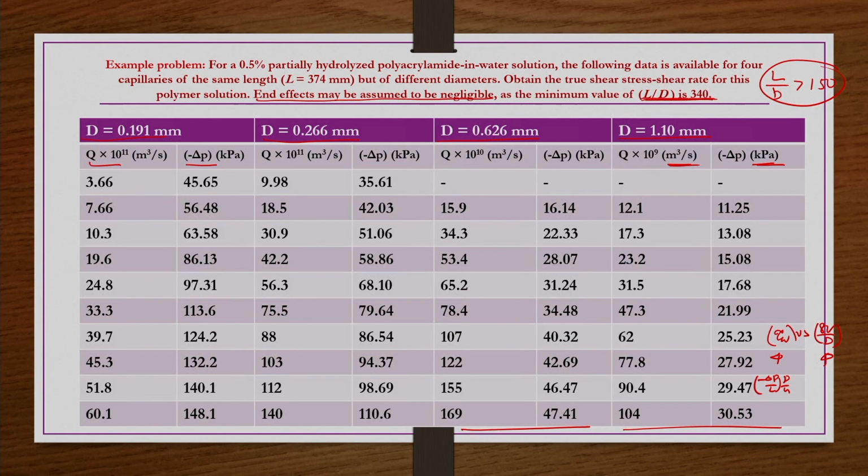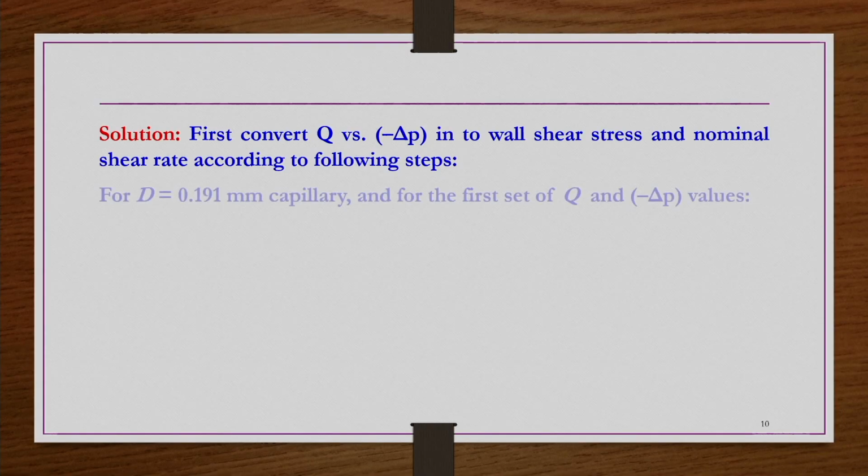If they are not superimposing, that means wall slip is playing a role, because when you change the diameter, you are changing the cross section of the passage. If you have a narrow cross section passage, then wall slip would be more important, and accordingly you have to make corrections. That is what we see by solving this problem.